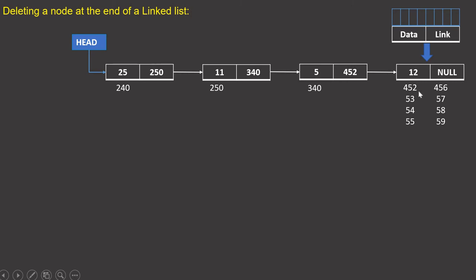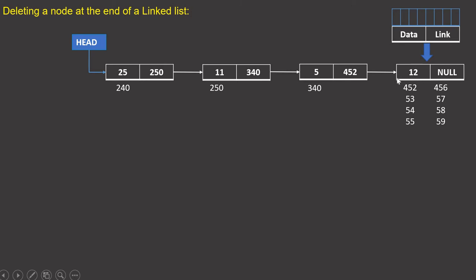If I talk about the first element, 240 is the base address, and if I'm accessing 240, I can access all these 8 bytes. And if I'm using the name node, and I say node data, I can read the first 4 bytes, and if I write node link, I can read the next 4 bytes, right? Just by using this base address.